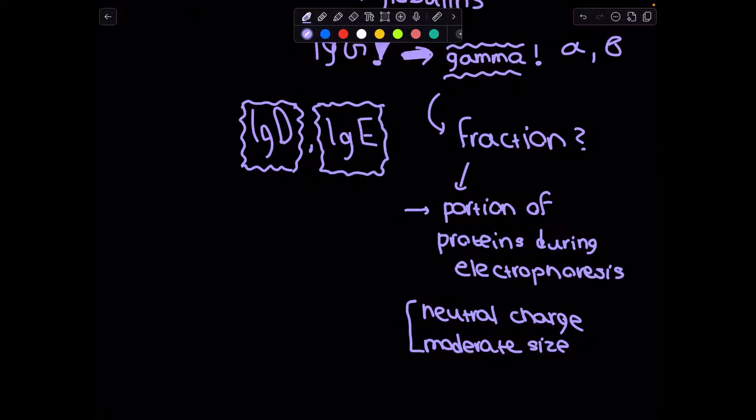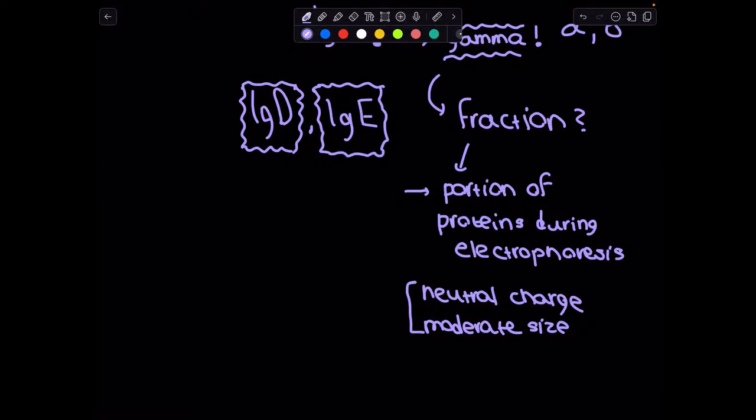So, globulins are a broad category of proteins, including antibodies. IgD and IgE are part of this family, even if they don't fit neatly into the traditional alpha, beta, or gamma regions. And where are their regions then? IgD and IgE have their own regions in electrophoresis, separate from alpha, beta, and